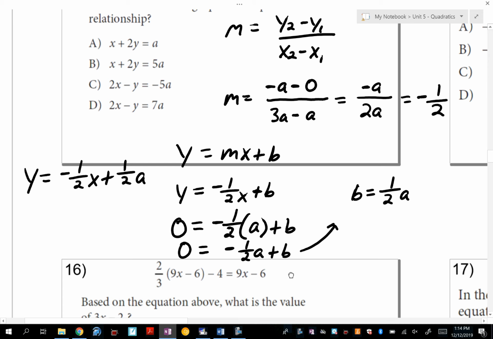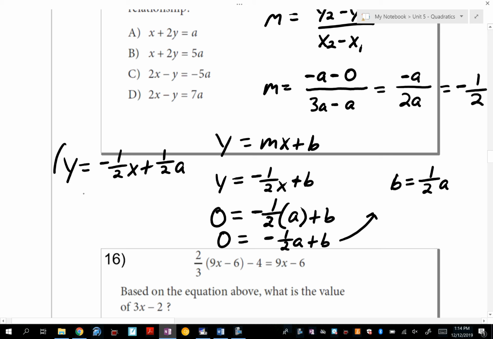The first thing I notice is that I've got fractions here. You guys see how I have fractions in my slope-intercept equation? I'm not against fractions, but look at the answer choices. Do you see fractions? No. So here's what I did: I multiplied everything by 2. So that gives me 2y equals, if you multiply negative 1/2 times 2, you get negative x, right? Because the 1/2 times 2 is 1, so negative x plus, and what's 2 times 1/2 is 1, so you